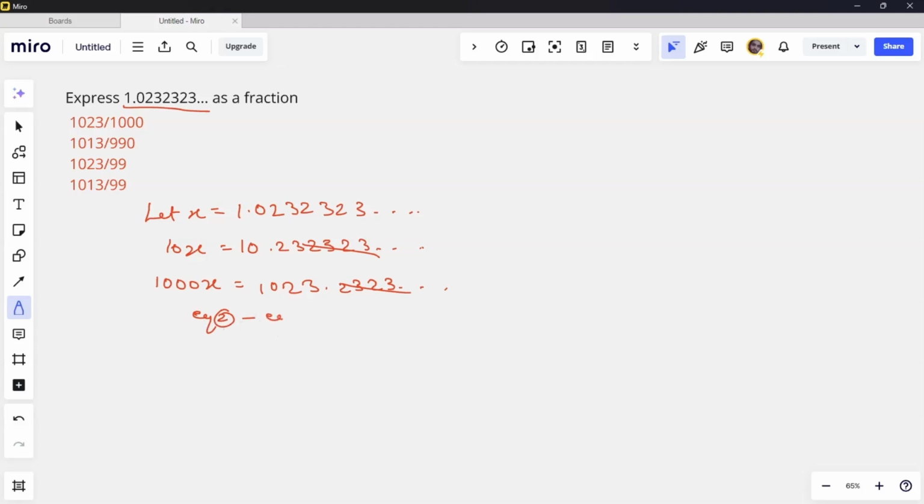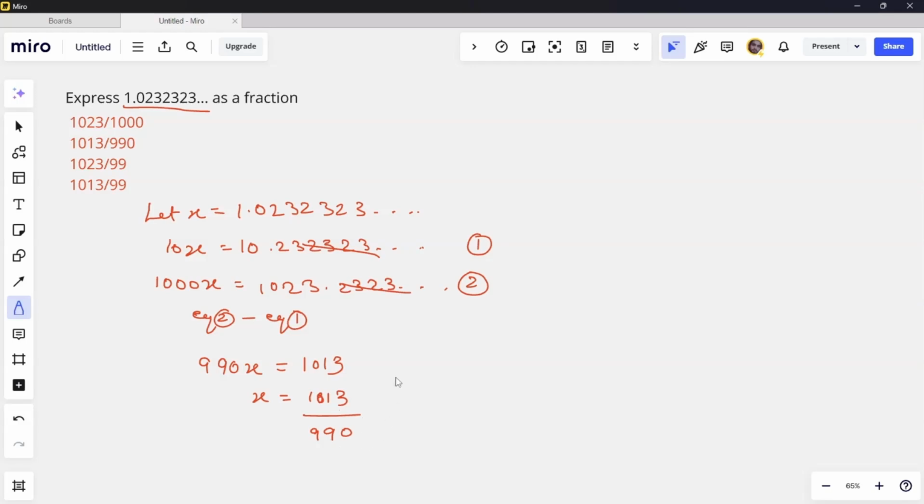from equation 2. Okay, subtract equation 1 from equation 2. This is our equation 2, this is our equation 1. Okay, so when we subtract 10x from 1000x, it will become 990x, and 1023 minus 10 will become 1013, and to isolate x we divide 1013 by